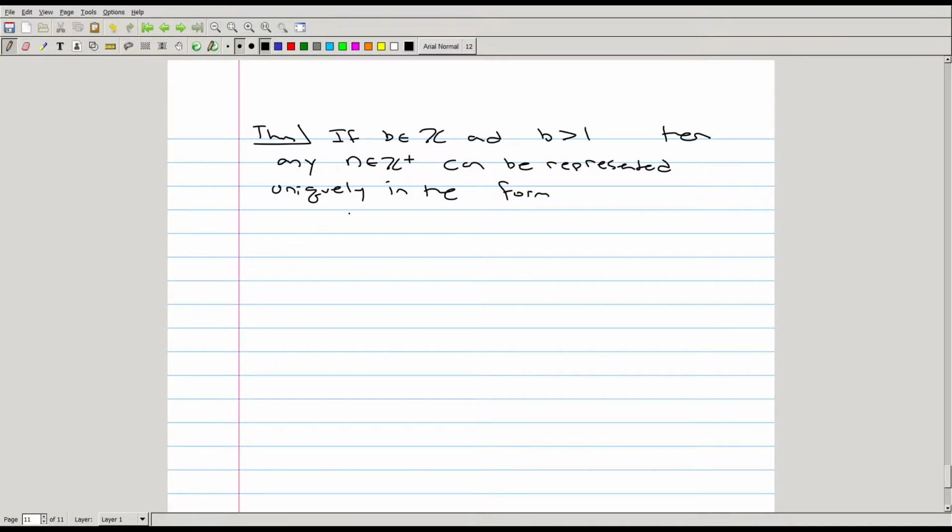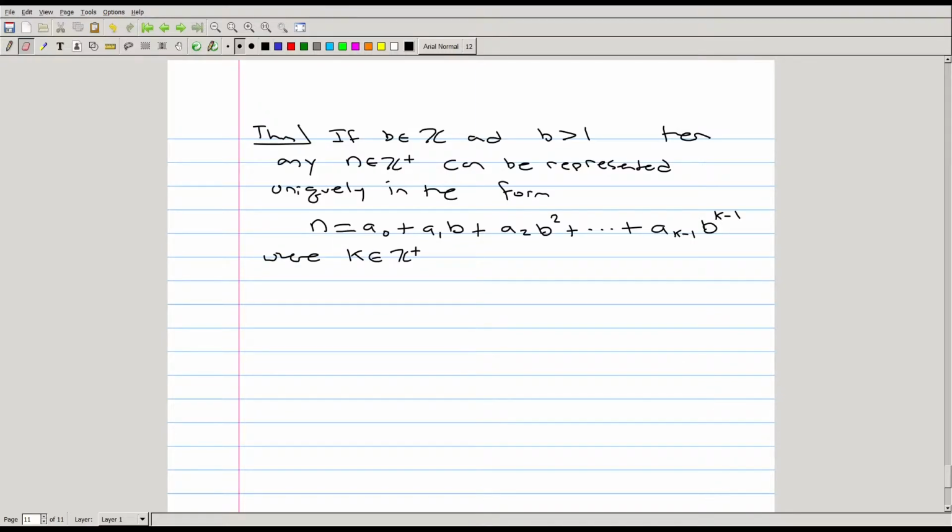And this is in the form n is equal to a naught plus a1 times b plus a2 times b squared, all the way up to a_{k-1} times b to the power k minus 1,